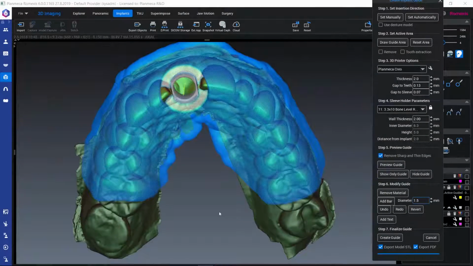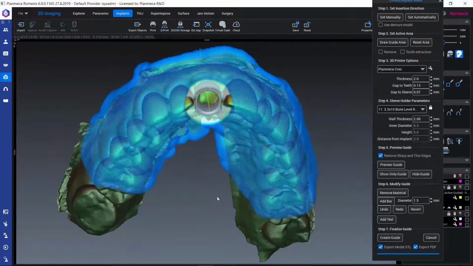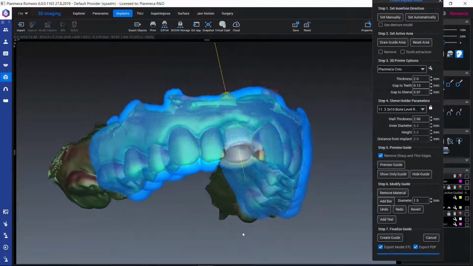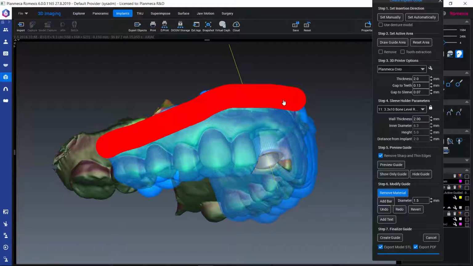After the calculation has finished, we can see this initial model of the guide, and like we see, we still need to do some modifications. So we could firstly activate here the remove material tool. So this would give us this eraser-like tool with which we could remove any excess material out of the guide. Let's firstly resize this tool a little bit by keeping Alt down on the keyboard and by using our mouse wheel